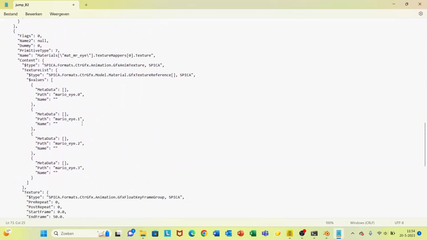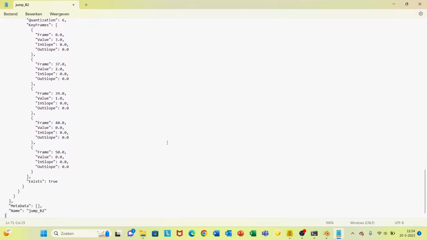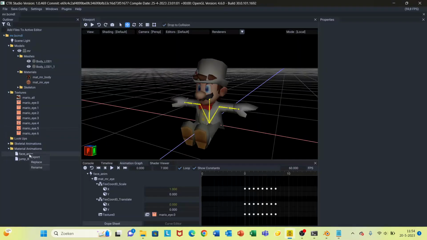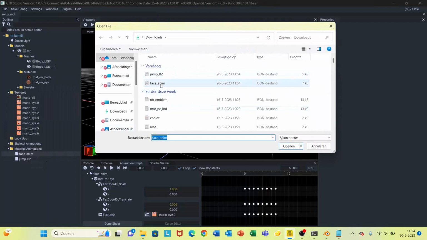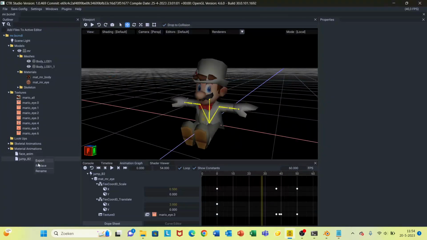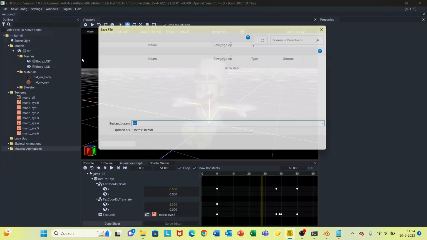Once again, here the path names, leave them be. So that's Control A, then Control S, and then just replace them. So face that in, and then jump P2. The values won't change yet, so they don't update in real time. So we just have to save it, and then they will be loaded. So now if you save your character,